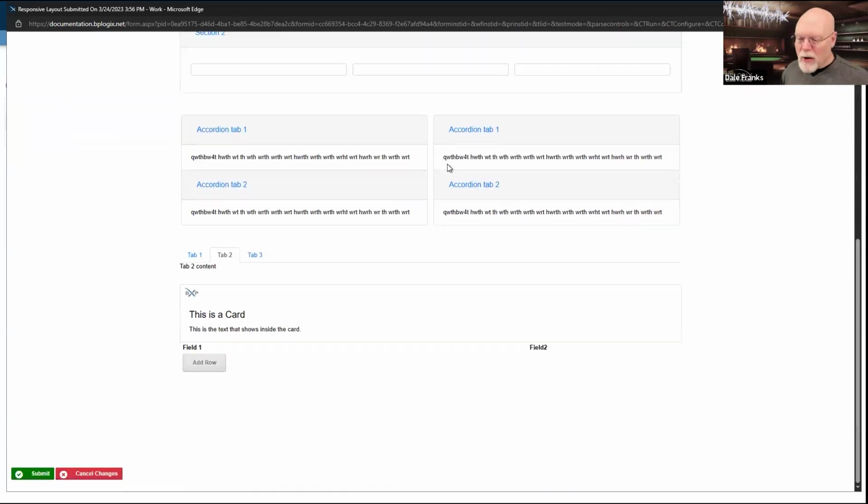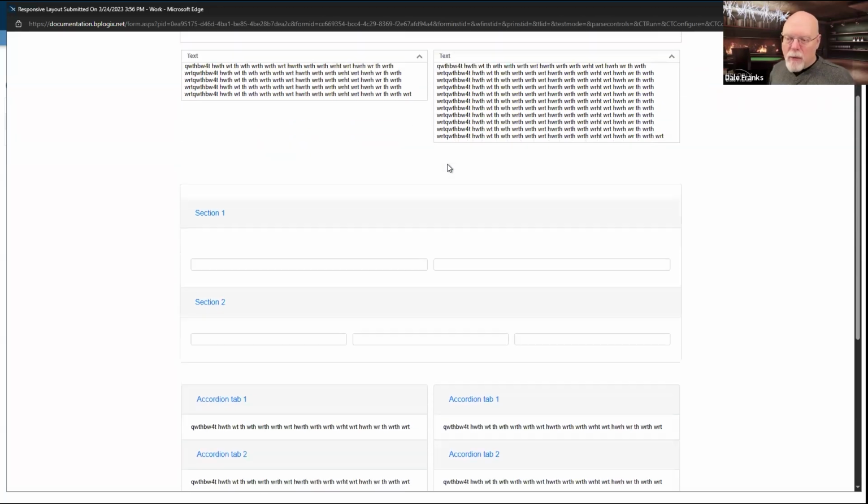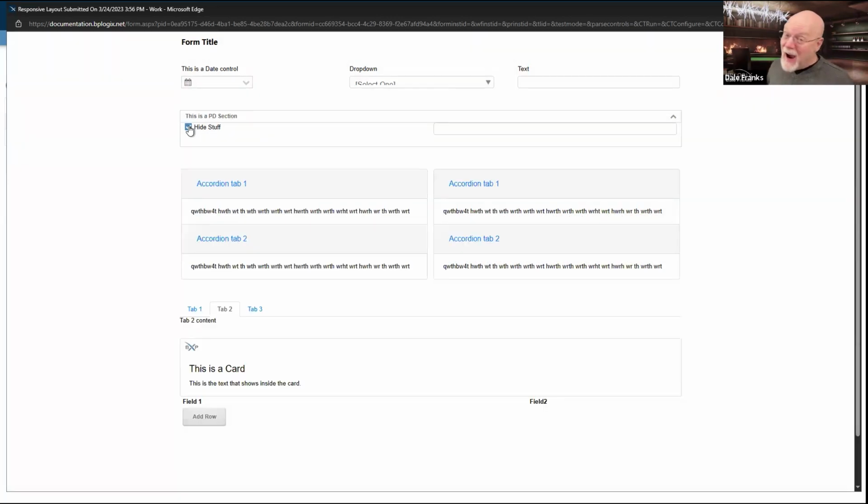So here's my control. I have all of these sections down here, or all of these other controls down here, which we'll take a look at in a few minutes. But remember, a lot of this stuff is in this embedded section control that we just looked at. And section control obviously doesn't have a visual representation on the page. I tell you what does have a visual representation on the page. When I click hide stuff, it hides stuff. So the two section controls that existed in that immediate row below, those are gone.